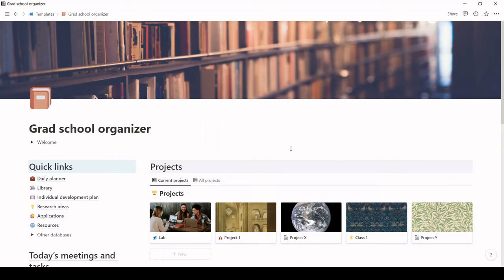Hi everyone, in this video I'll be explaining how to use this new graduate school organizer template that I've created in Notion. Initially, this template was created because I had discovered